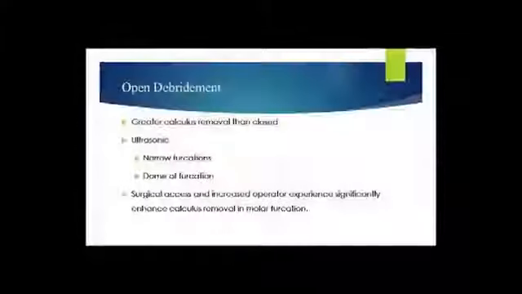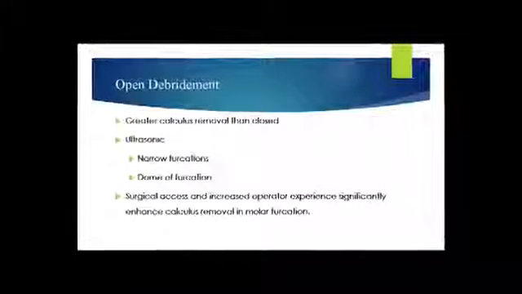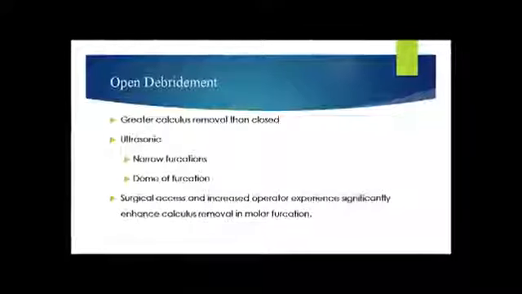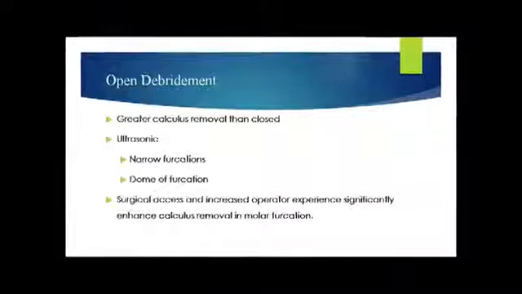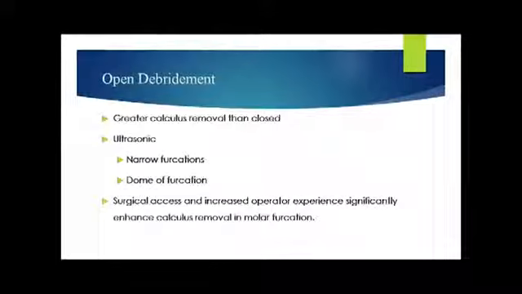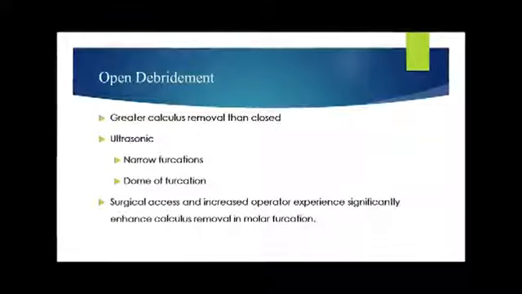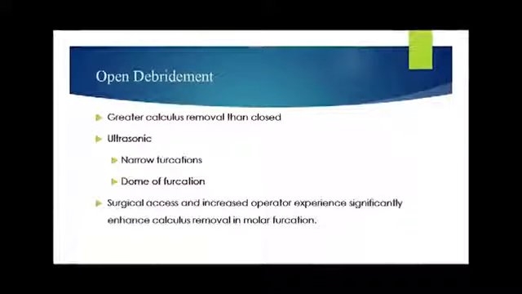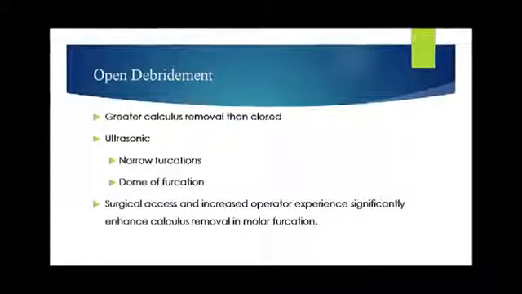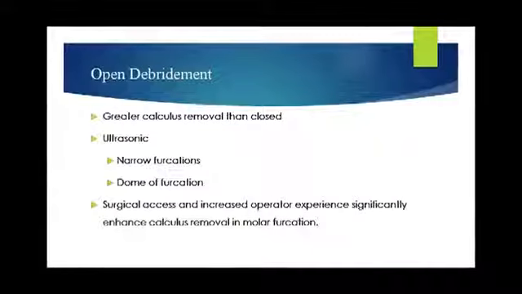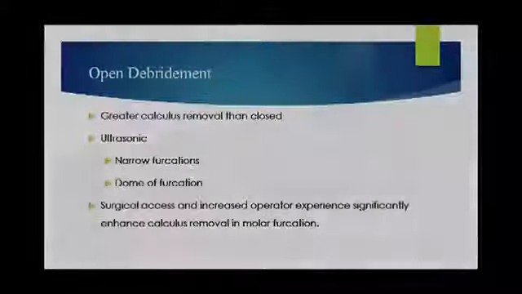Then you could attempt to do an open flap debridement, where you have now a better visibility of the area you're dealing with. The scaler, whether using ultrasonic or curettes, you'll have a better vision of what you're doing. In most cases, even this can reduce a grade 2 furcation to 0, as long as the vision allows you to clear out all the dirt that is hidden behind that furcation.